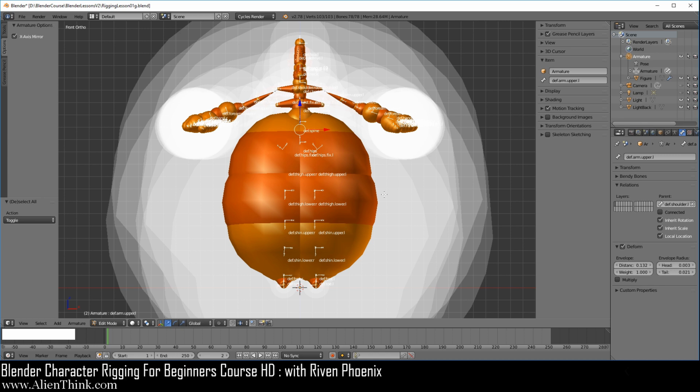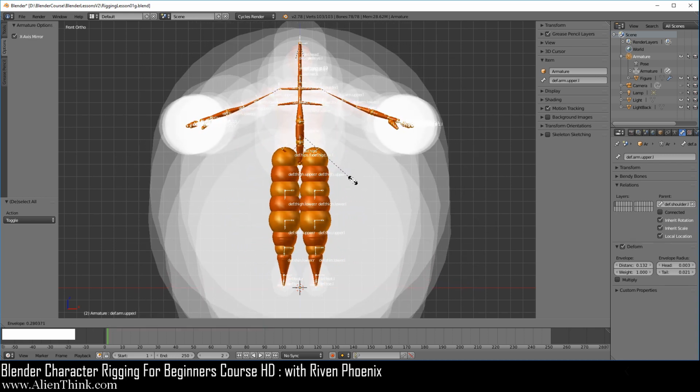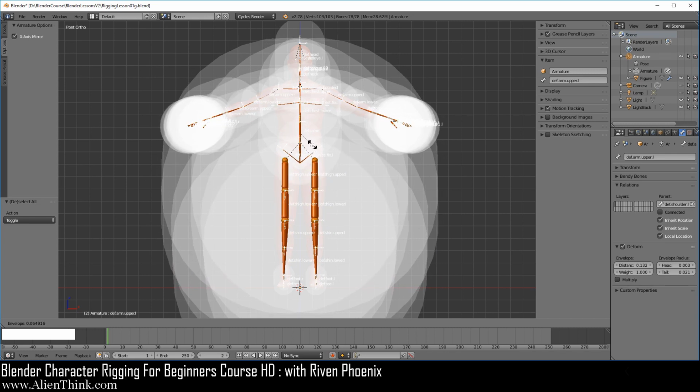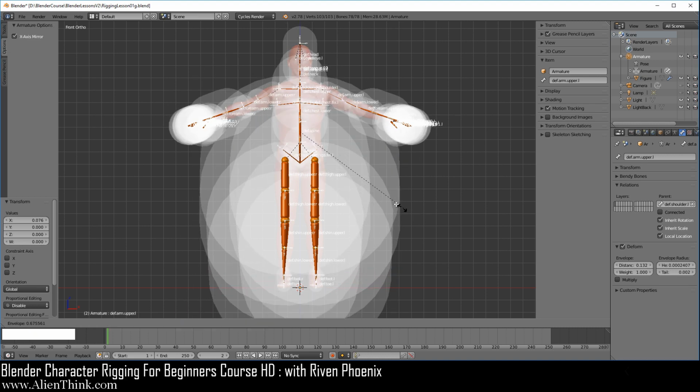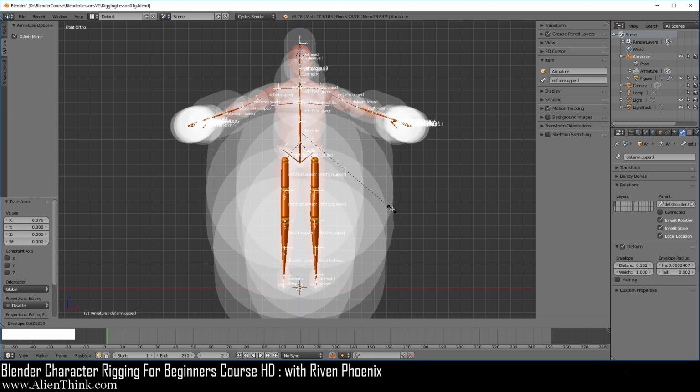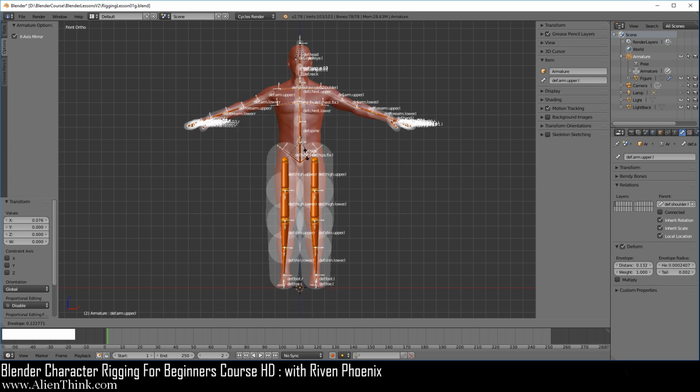So all you want to do right now is Alt S and actually move your mouse over here. Do Alt S, and now if you move your mouse inwards, you can see that here we're going to start to see the actual bones for our character. So all we're doing right now, and just press the left mouse button, is adjusting the radius of the head and the tail. Okay, now if you do Control Alt S and do the same thing, now you're actually adjusting the distance, which is the white space. So go ahead and bring it all the way inside over here. Kind of like this, doesn't have to be perfect. Notice how the distance changed for all the bones.